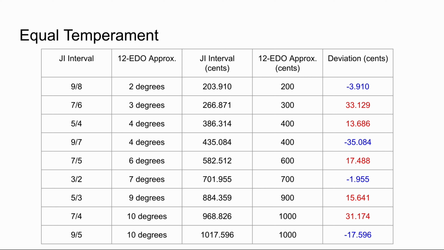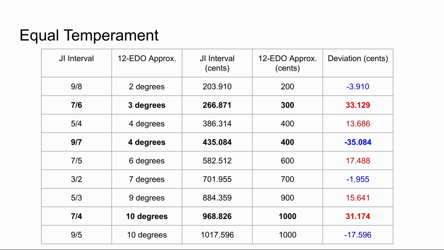We can see that 12 EDO approximates the majority of these just intervals decently. And 3 over 2 is very well approximated, with only about a 2 cent deviation. However, 3 of the approximations are further than 30 cents away, namely the ones for 7 over 6, 9 over 7, and 7 over 4. For this reason, it makes sense to ask what other EDOs can approximate such just intervals well, without getting crazy amounts of notes. There are several worth mentioning, but the smallest EDO bigger than 12 EDO that does a very good job at approximating just intervals is 19 EDO.